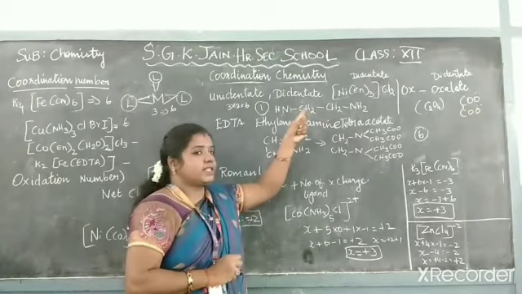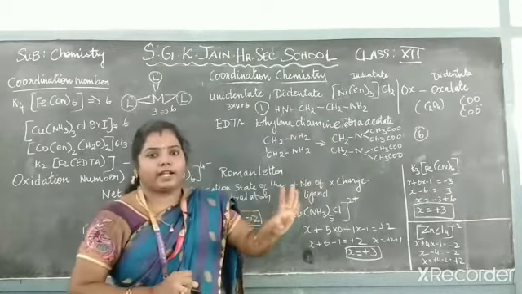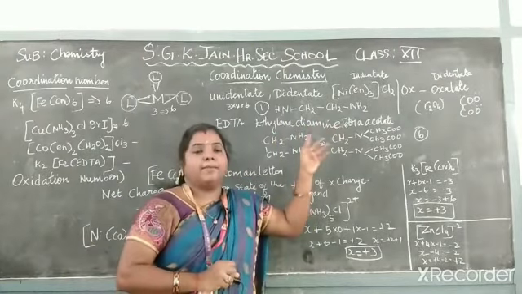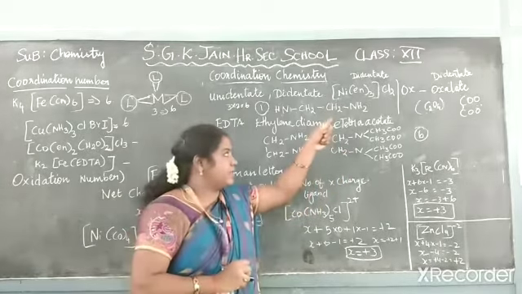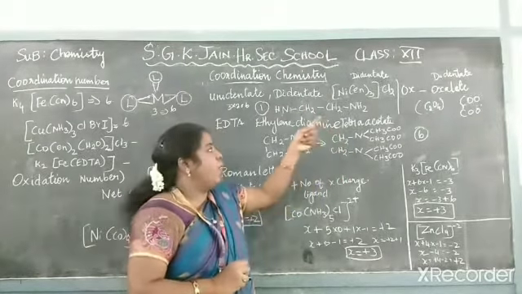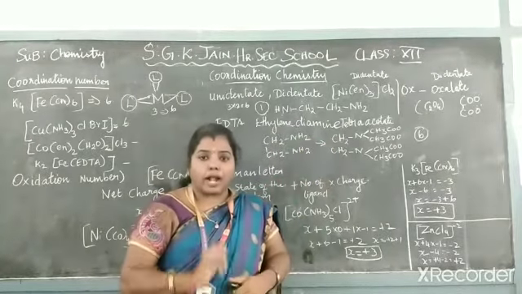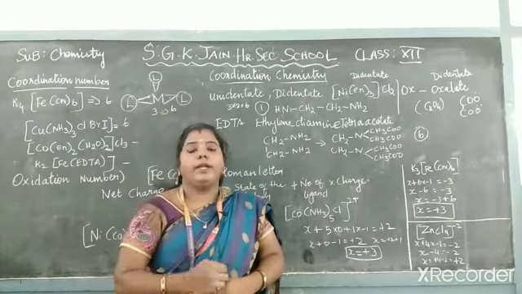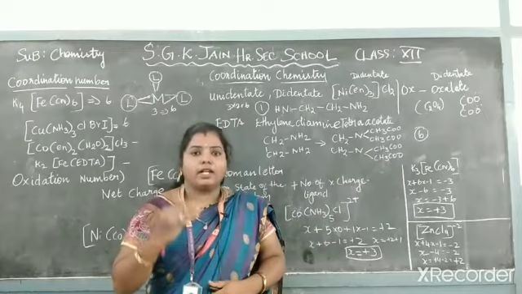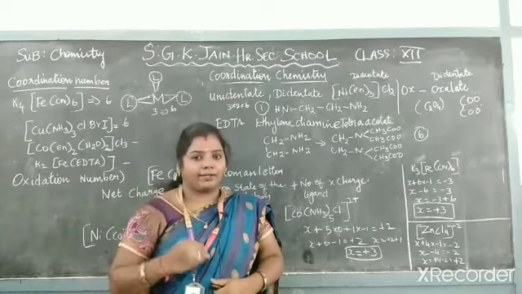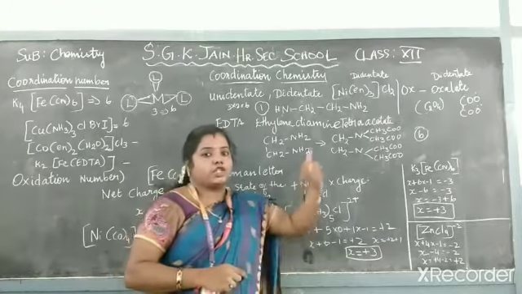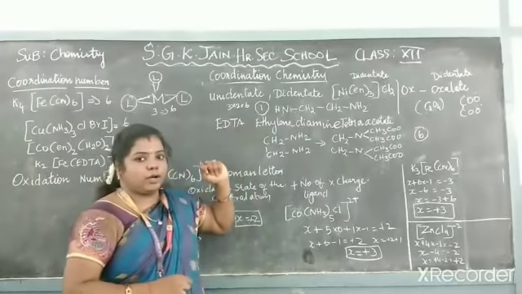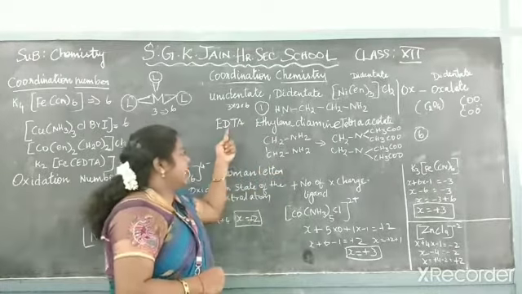Here in the question itself they have directly given 3 ethylene diamine. Without calculating anything, if you just count the number of ligands and put 3, it is wrong. If they are given like this, like ethylene diamine en, ox, EDTA, likewise, you have to write the full formula for that compound, then you have to calculate how many donor atoms are over there. So based on the number of donor atoms only you have to calculate the coordination number. The coordination number for this compound is not 3, it will be 6. Okay, let me do it with the other one.